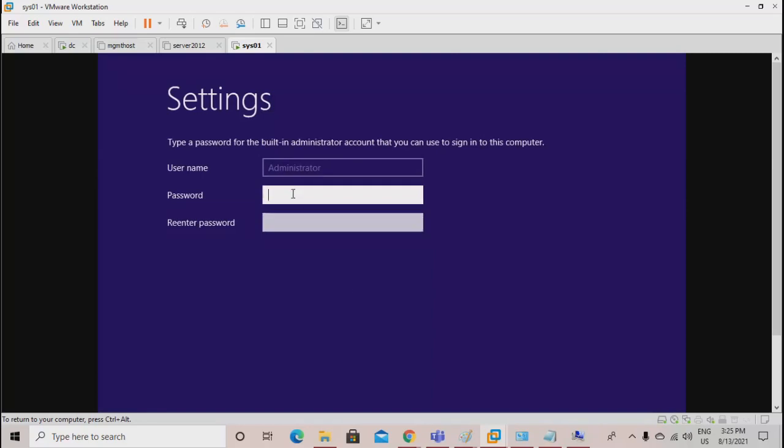Okay, so we have installed it. I'll just log in.